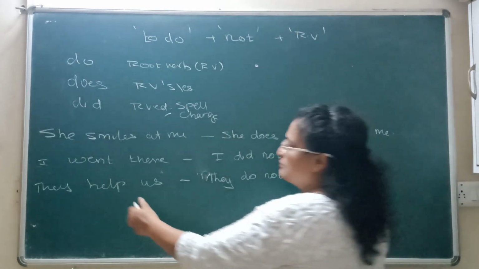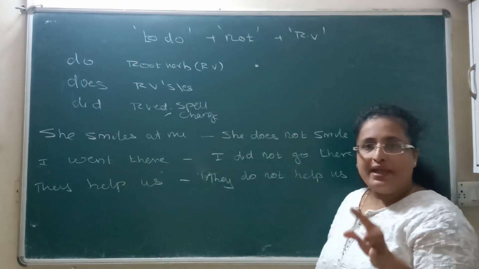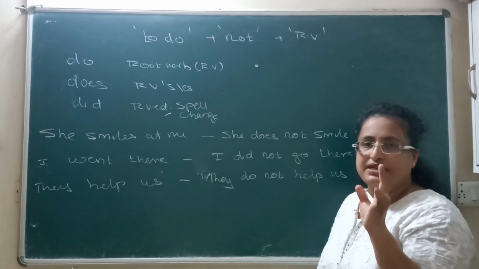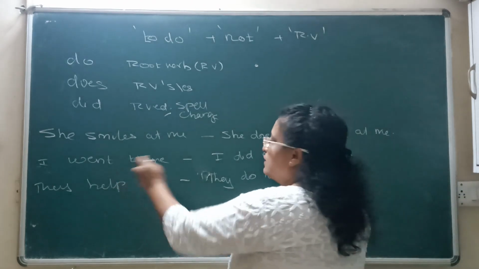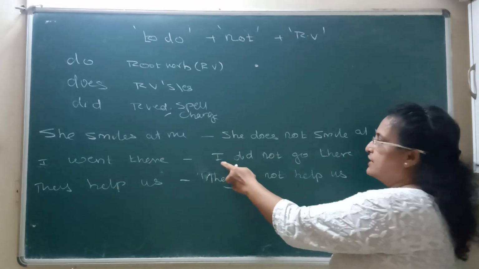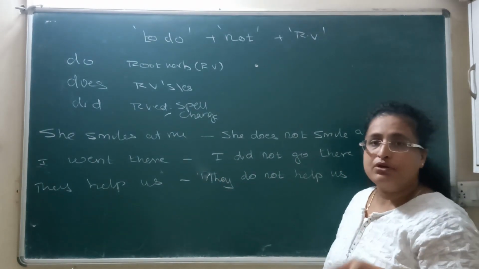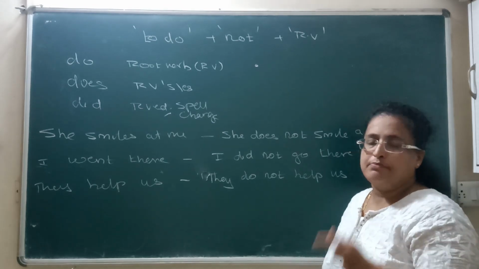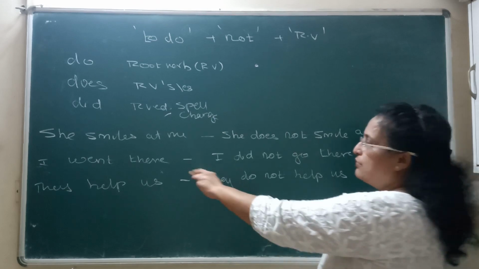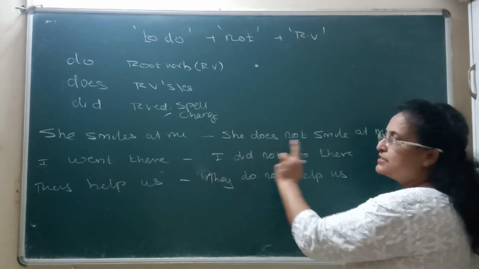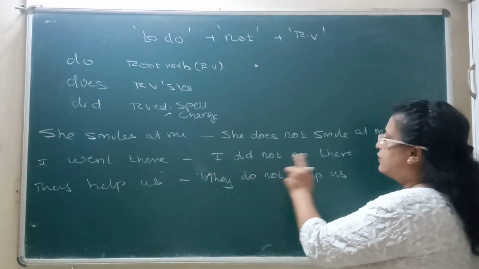See the next example. I went there. Now, went: you have to think which verb it is and make it into the root verb. The root verb is go. Now when you change that into negation: I did not go there. You cannot write I did not went there. That is wrong English. Many people speak like that, but that's the wrong usage. What you have to remember is, whenever you are using the to do form, you have to use the root verb form. So, I did not go there.